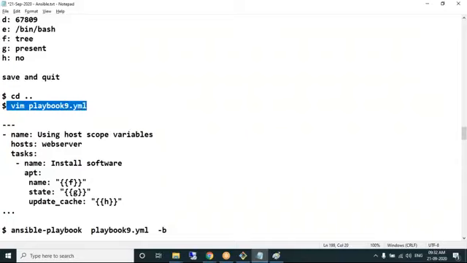Creating a playbook 9.yaml file. Let's try to understand this playbook. See, installing software, apt module, name is the software you want to install, state equal to present. That value present I have used in the variable file. Update cache equal to no, it picks up the value. So your file can have a number of variables. It's not compulsory that your playbook should use all the variables. The playbook can pick up only the variables whichever you want. So let's create this playbook.